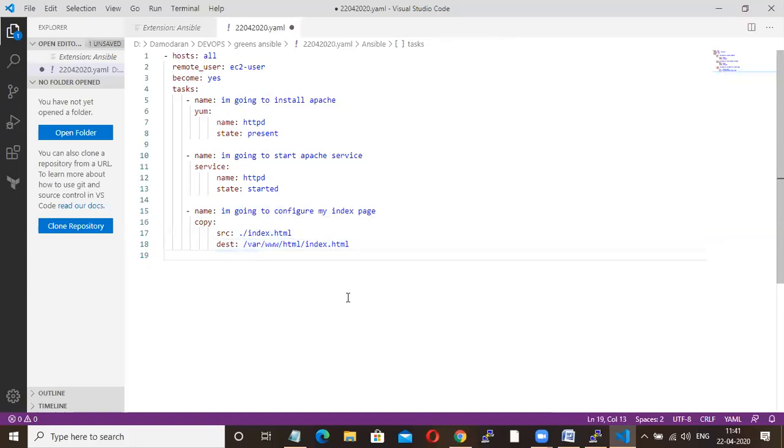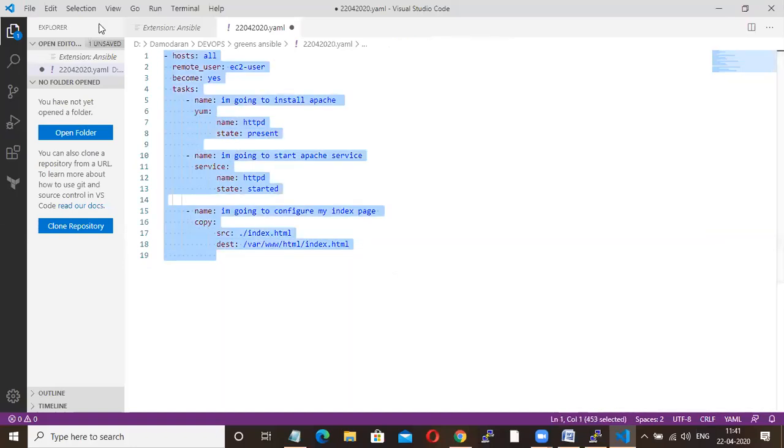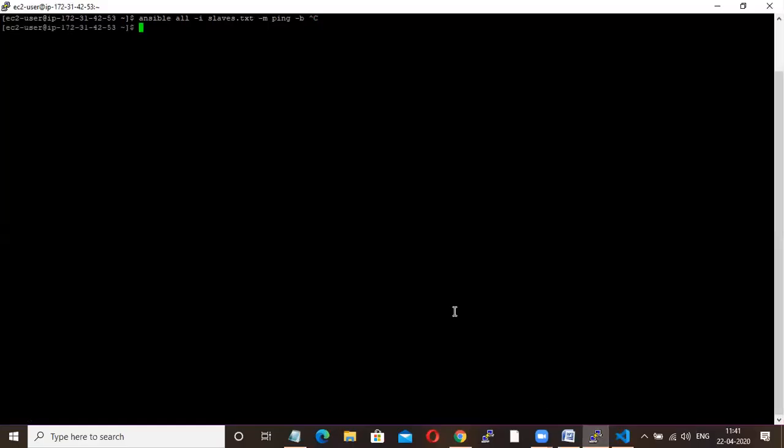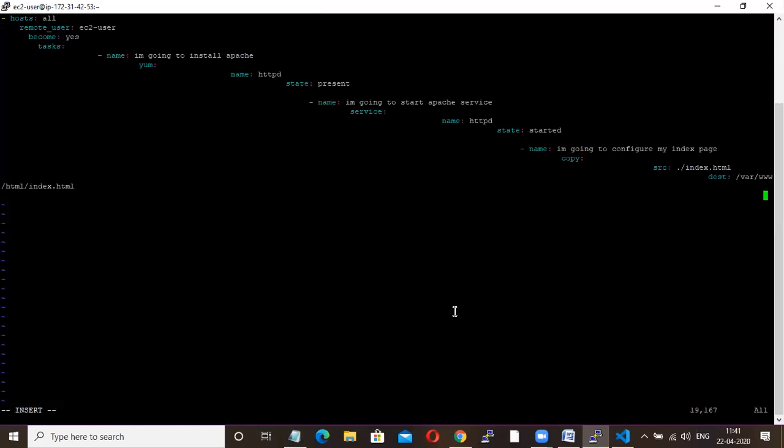Owner and group are not required. Just copy this YAML file, go to your master machine, vi first.yaml. If you copy your YAML file here, you will get syntax and alignment issues.